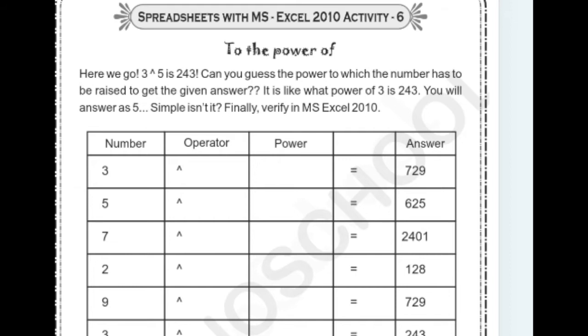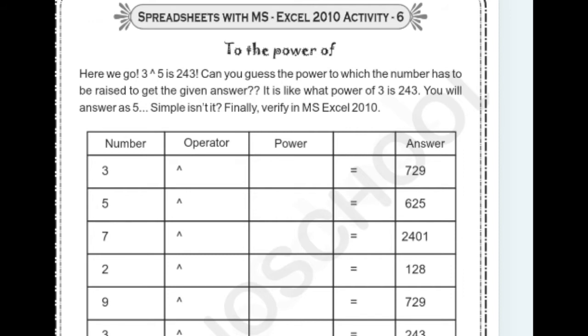So create this table and enter these values under the power operator. So we have to find the power. Using formulas we can get the power. The answer is 729. We have to find which value has to come in the power column. 3 power 5 is 243.